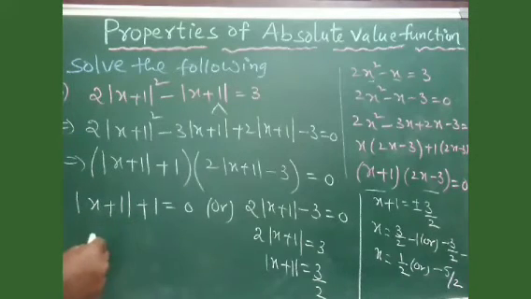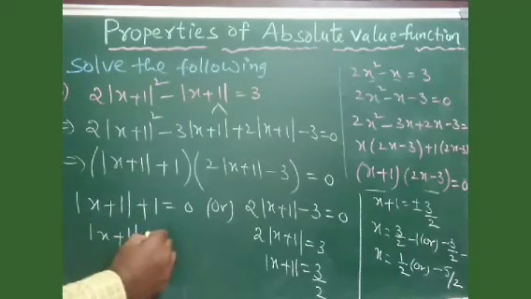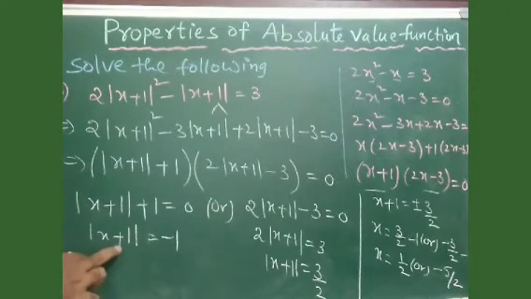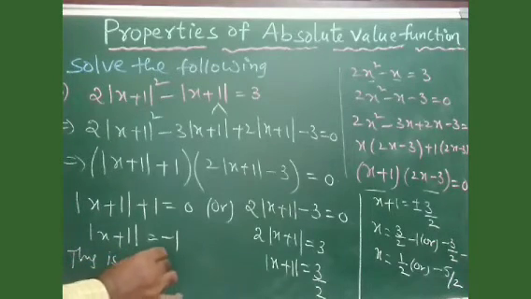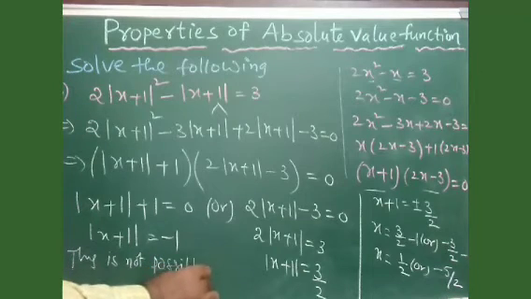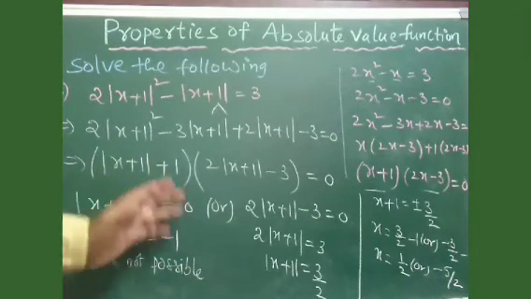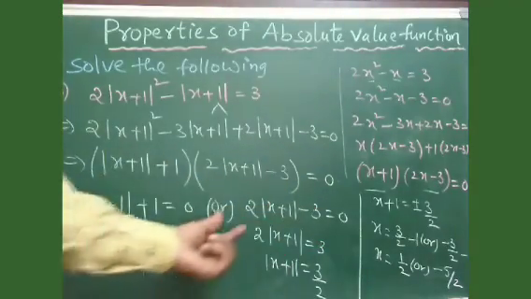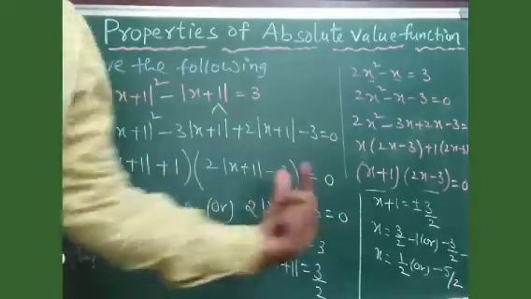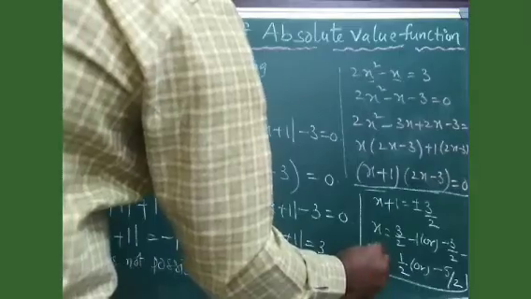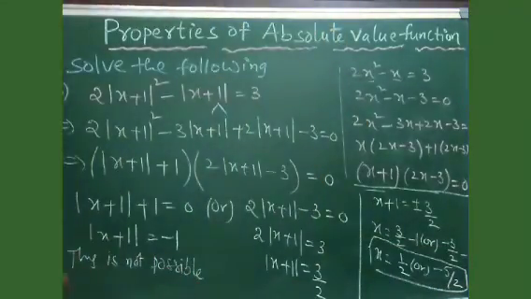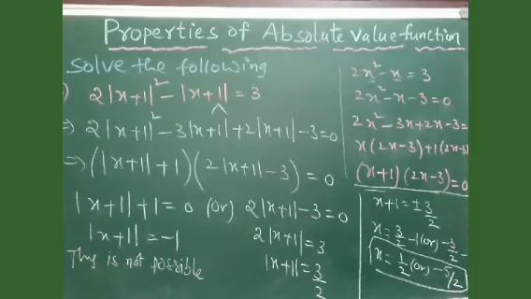But coming to case 1, you see, modulus of x plus 1 is equals to minus 1. So modulus of x never be negative, isn't it? Absolute value never be negative. So this is not possible. So just you can say that this is not possible, or you can say this is not defined also. So this case does not exist. So there exists only one case, that is 2 into modulus of x plus 1 minus 3 is equals to 0. So on solving, here we are getting the solution. I mean the values of x are 1 by 2 or minus 5 by 2.